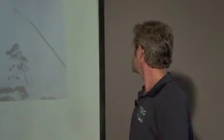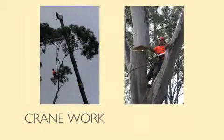You know, we don't just lop trees down and hack them and make a mess. We dismantle them. We carefully lower branches down or lift tree sections out using cranes or rigging equipment. So there's an image of that. We climb the tree, attach some chains to the tree, and then I'll abseil down and just cut a section off, and the crane will lift this tree out section by section. So it's quite a controlled environment,